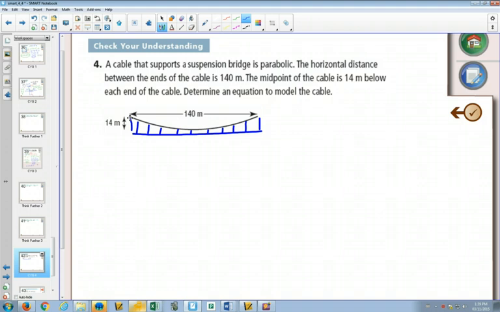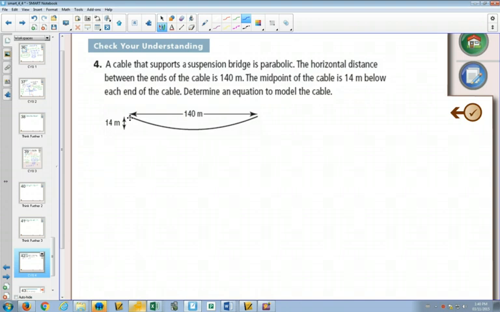Because what's not fun is if you have a bridge that looks like this because someone didn't measure correctly. It's not a very good suspension bridge. Might not be safe either, and then someone gets sued, and that's not good either. So here we've got a situation. We need to come up with an equation for this, and